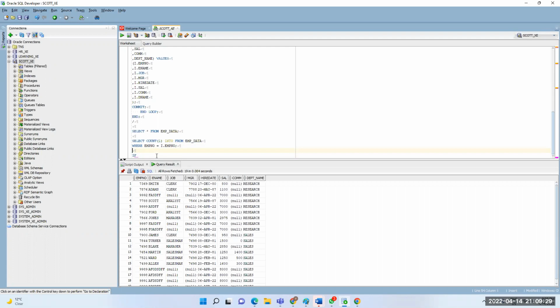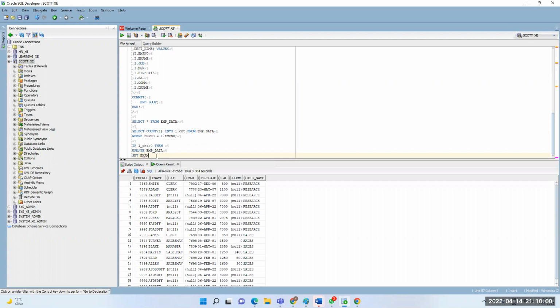Okay, employee number into L underscore CNT. I'm just taking the count of that one. If L underscore CNT is greater than 0, then update emp underscore data set ename.